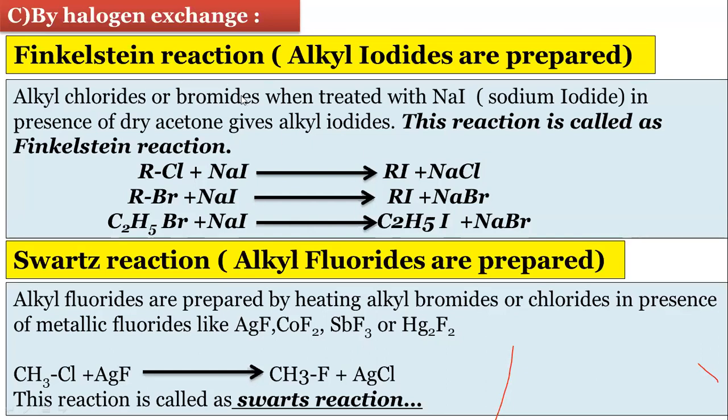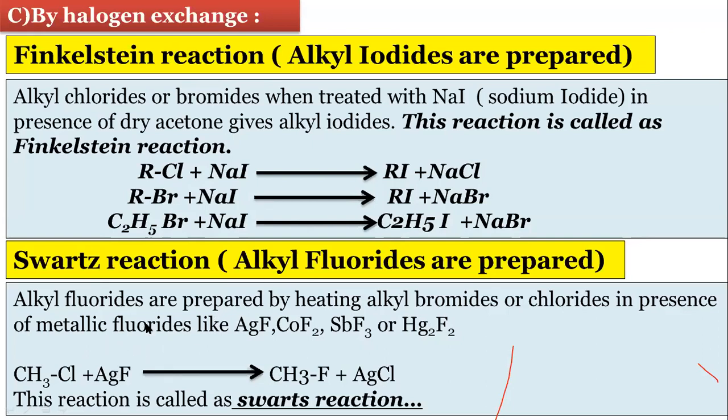So this is an example of halogen exchange. In this, the halogen is exchanged. The halogen of sodium iodide, iodine, is exchanged here and bromine is exchanged here. We get the product iodides. And in case of the Swarts reaction, we have to use